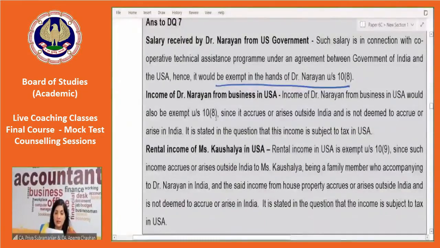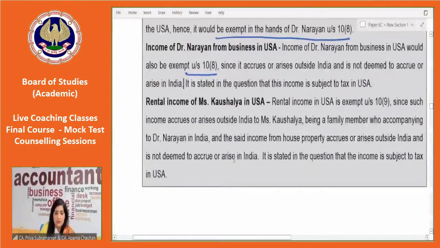This income would be exempt in the hands of Mr. Narayan, business income by virtue of Section 10(8). In case of Ms. Kaushalya, she had not come for this purpose. She is just accompanying her husband, and she has also become resident of India. However, Section 10(9) provides for exemption. It says in case of a family member who is accompanying such person in India,